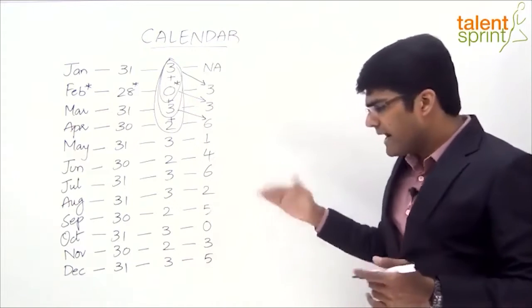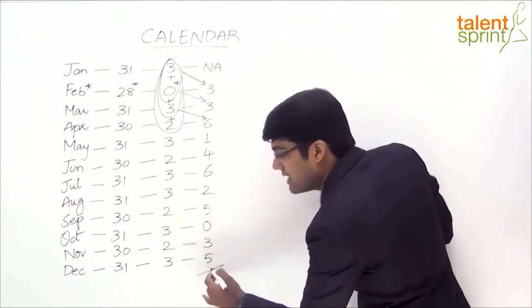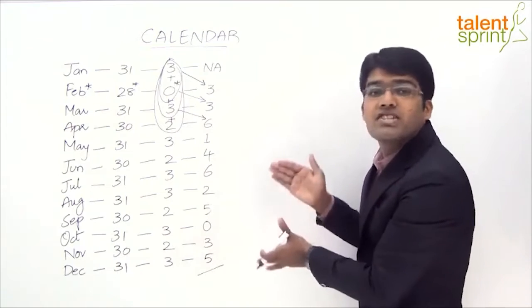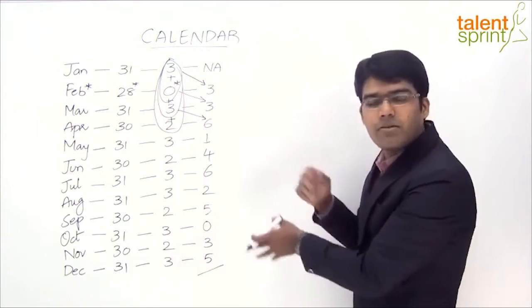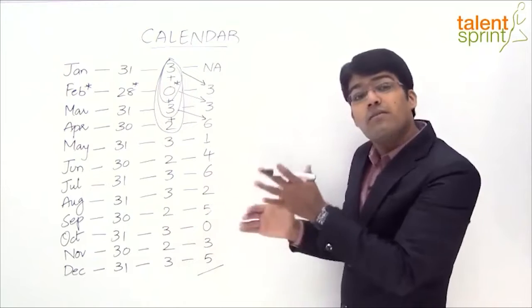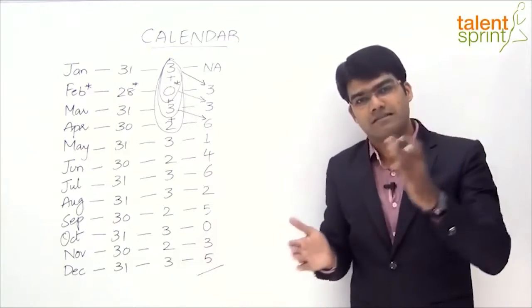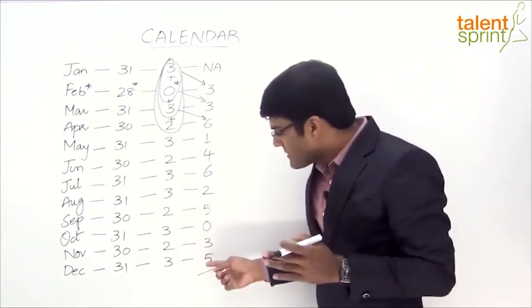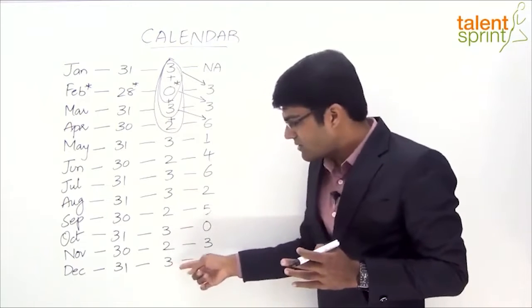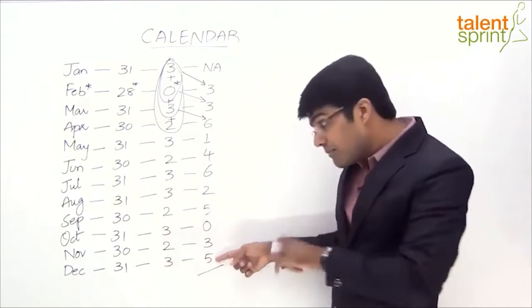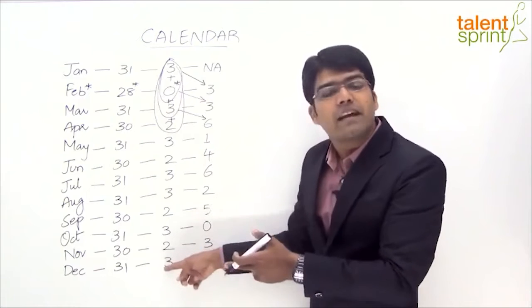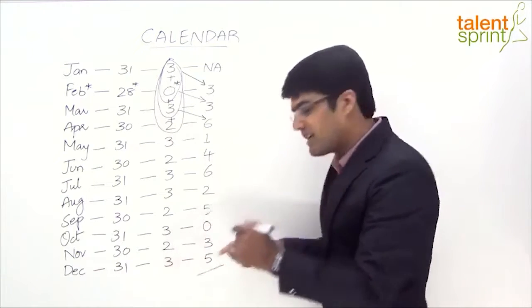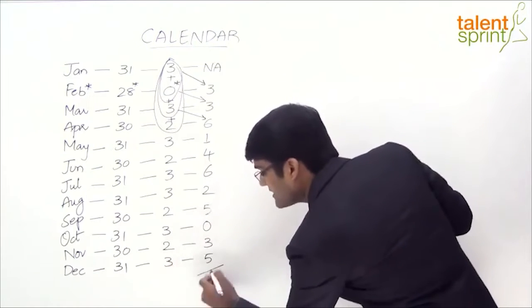Again, if you want to go ahead and calculate, let's understand what happens. Now the next month after December, we again get January, right? That means the cycle rotates. Now what will be the total number of cumulative odd days for January, for all its previous months? So for all the previous months, 3 plus 5. Yes or no? Up to December, we have got 5, plus in December, we have got 3. 3 plus 5, 8. 8 is equal to 1 odd day. So we'll get 1 here. Now what does this 1 indicate?